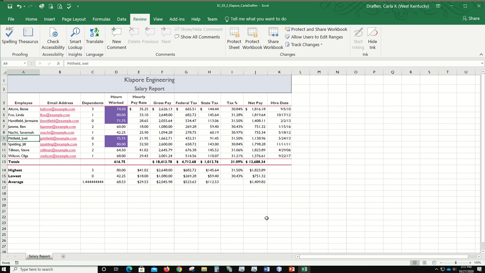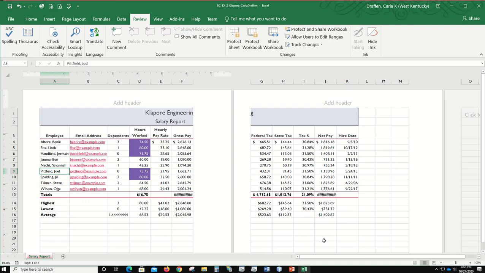Alright, let's take a look here. They walk you through printing a worksheet. And you have to put in a header. So you do need to work through these. You just don't have to print it. So what we want to do is go down on the status bar and click on the page layout button on the status bar. This is going to show us, and notice that a couple of my